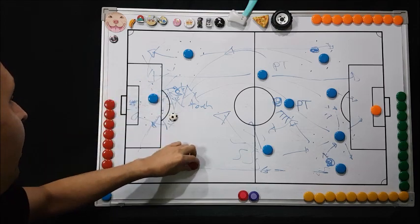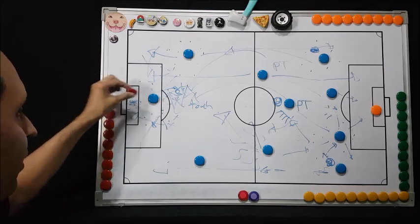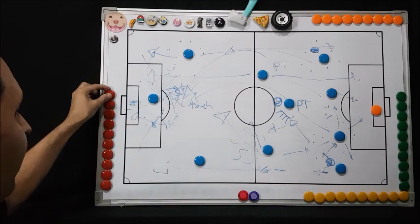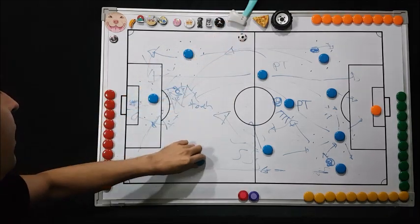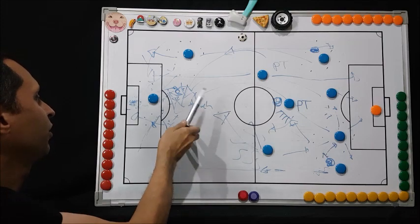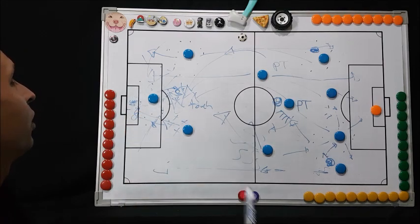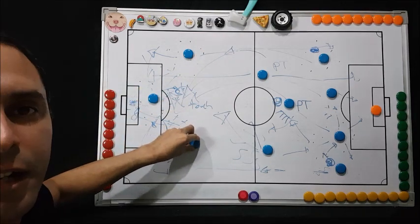Okay, and here we have here Insigne. Okay, I've been trying to put the red one everywhere in this team. So we have here Insigne. Insigne also has a good shooting from outside the box to try to score. Okay, he doesn't really have